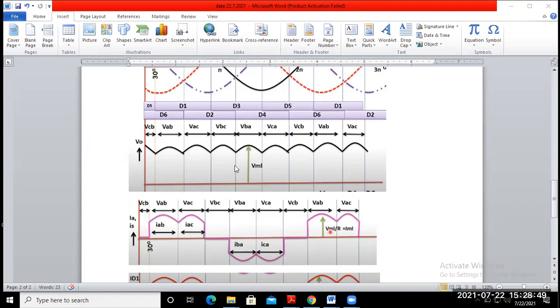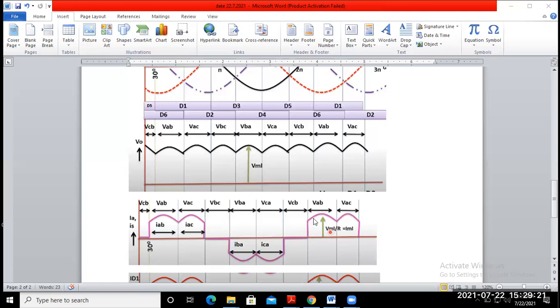Since the voltage from this point is VBA, the phase A current also follows, and that means negative polarity of IBA. So follow the path of this one, IBA. Again, this one is your line voltage, this represents line voltage VCA, that means the current is your ICA, since here diode 1 is conducting. Again, from this point to this point, D1 does not conduct, so the current is 0.